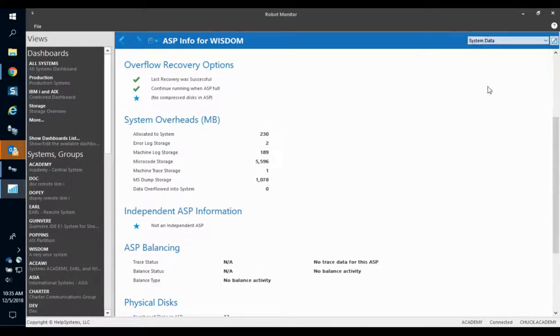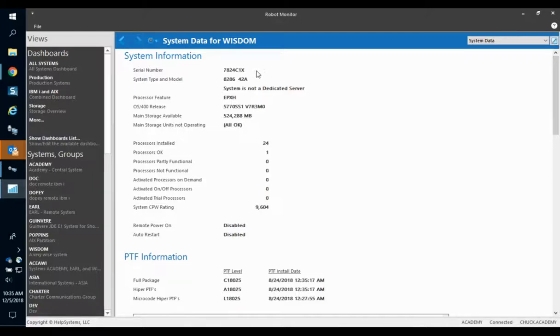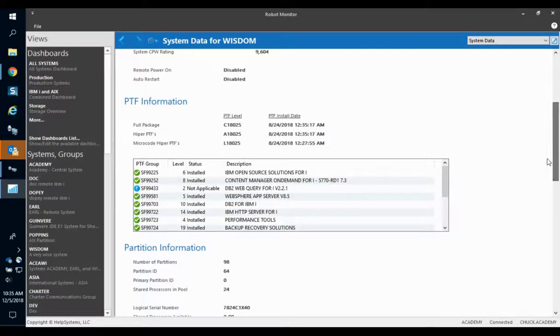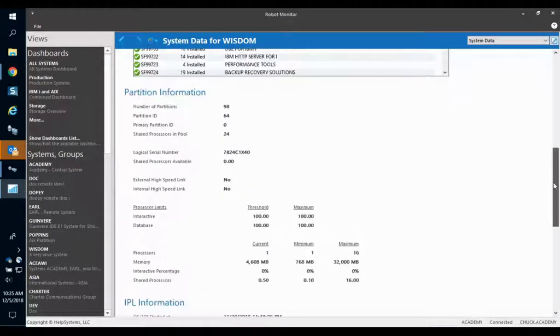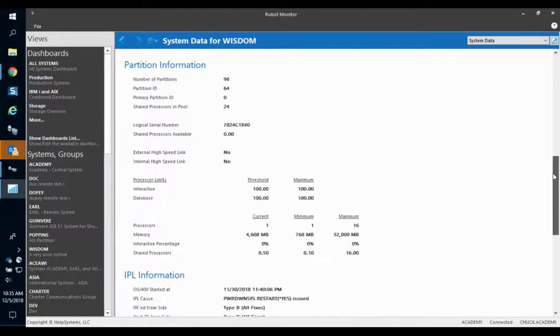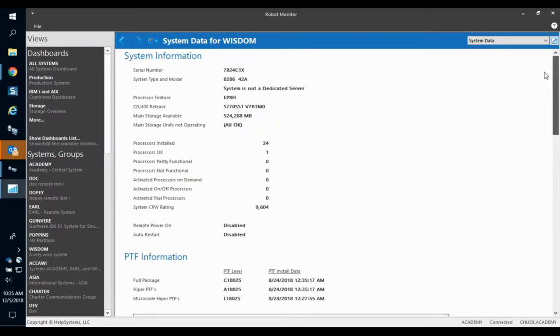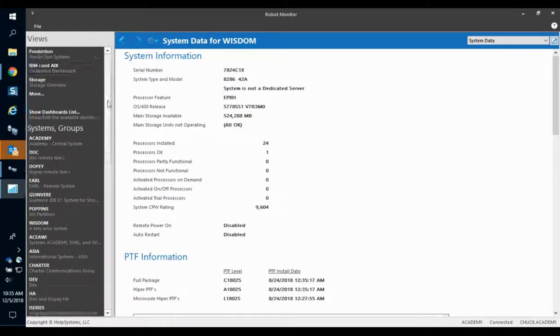All right, so thank you, Tom Komodowski, for doing that. Also, we have a very simple way to get to the system level information. So for instance, things like serial number, how many processors, CPW rating, scrolling down, PTF packages installed, partition information. On my footprint, I have 98 partitions. This is partition number 64, 24 shared processors, and here's my processor and memory limits. All right. Mentioned PTF,